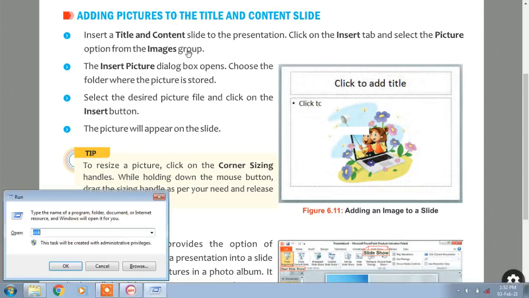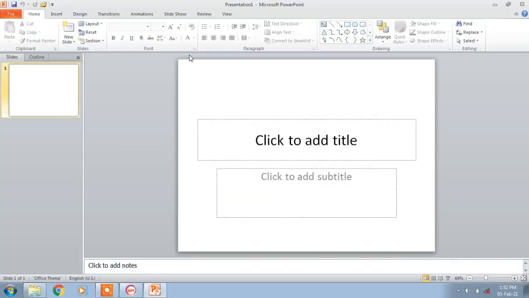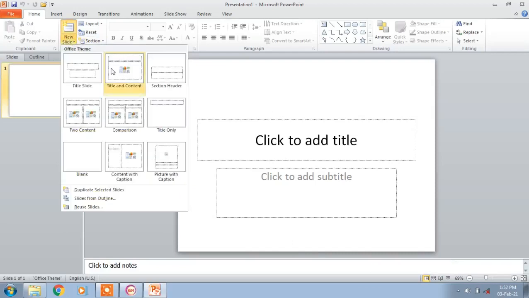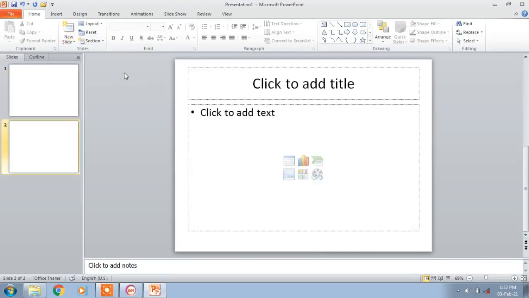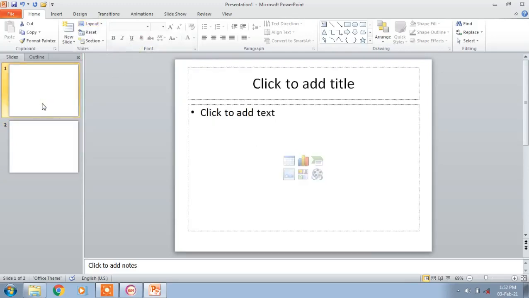Okay, so let me open PowerPoint. In the Run window, I am going to type powerpnt, then I'll press the enter key. Okay, so this is the slide. Okay, empty slide. And see, let me change the slide layout here, title and content. Okay, I changed it to title and content. So a new slide got inserted, and if you want to change the layout of this slide, then directly select the layout here and make it title and content. So this slide is also title and content, and this slide is also of title and content.